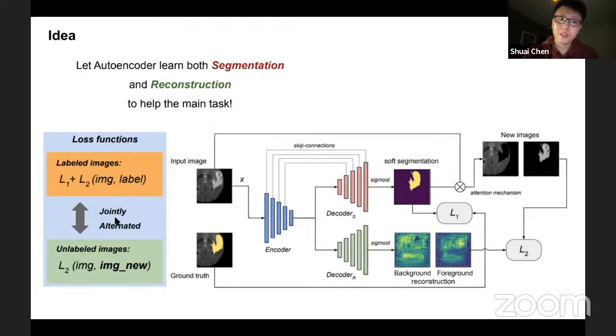And there are also two ways to optimize it. The most common way is joint learning, where we train the two tasks at the same time. The second way is alternating training, where we train the two tasks alternately with two different optimizers. This is inspired by the observation that these two tasks have different optimal step sizes during training, so maybe it's better to use two different optimizers, one for each task, rather than one for both.